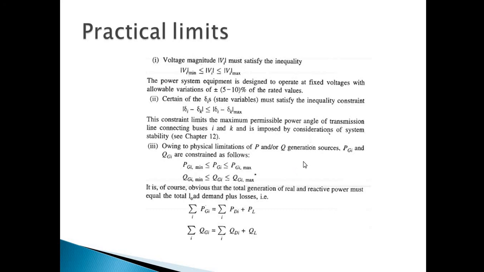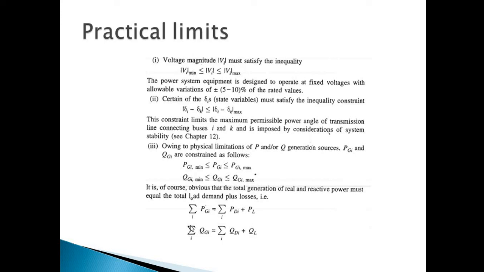Okay. Now, owing to the physical limitation of P or Q generation, the generated values PGi and QGi should also be within limits. Let's say we got a solution that if this amount of power is generated at this bus, then the equation stands. But we find out that the generator connected to that bus does not have that amount of resources, or it is not rated for that amount of power. Again, the solution is rejected.